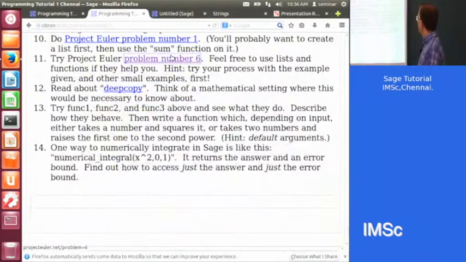So anyway, this reading about deep copy, this was certainly one of the more bonus problems, as I said, but I hope that at least it got you thinking about why copying would be important, even if you didn't understand the copy. And then did you figure out how to write a function, which depending on the input takes a number and squares it? Or it takes,